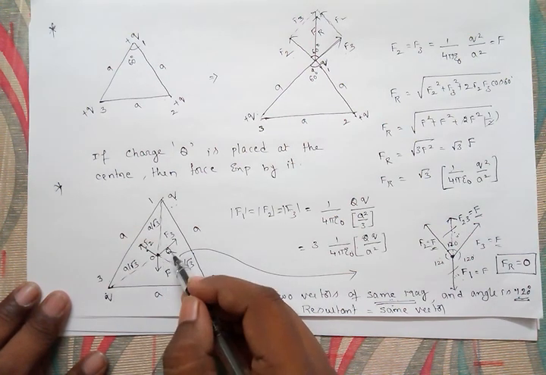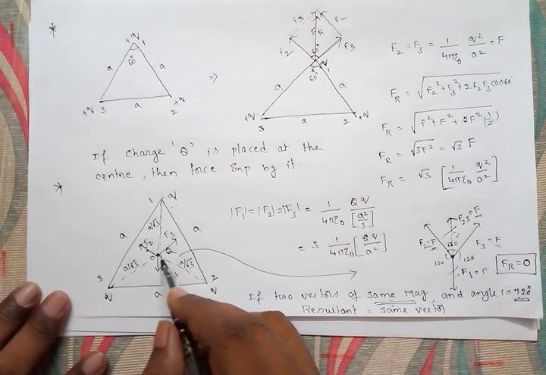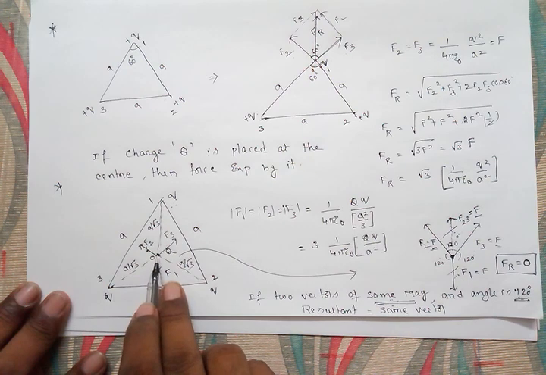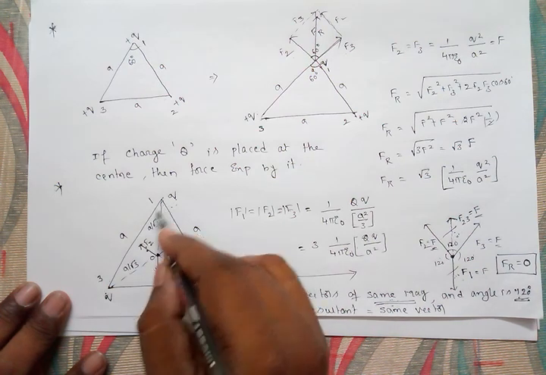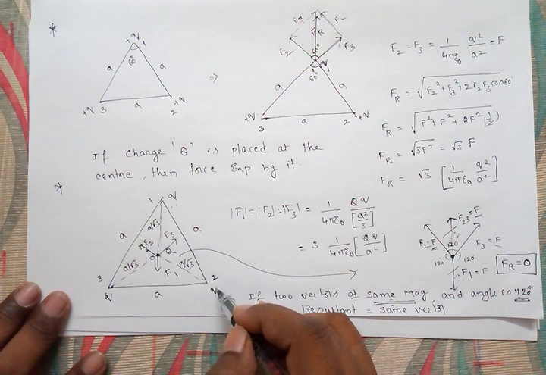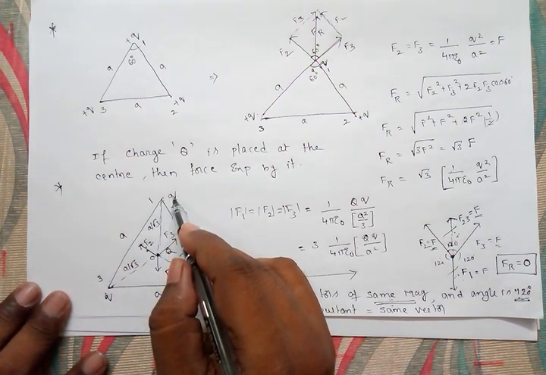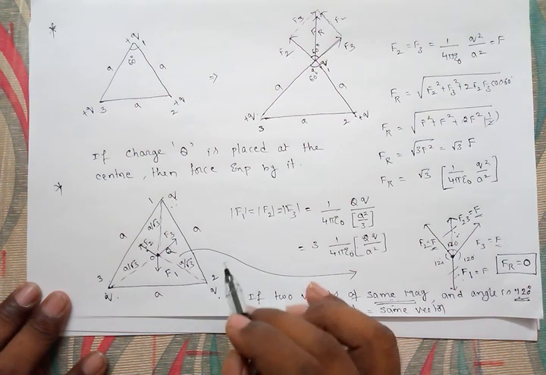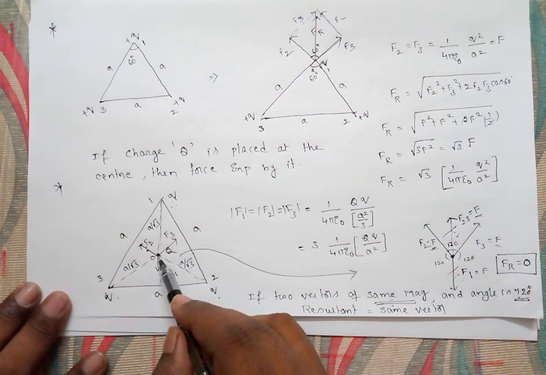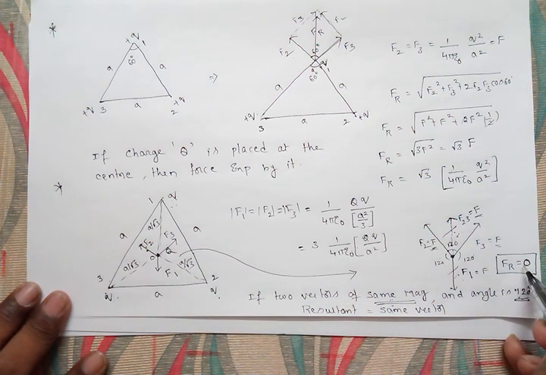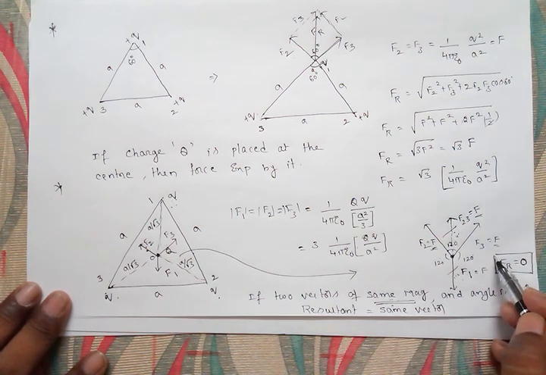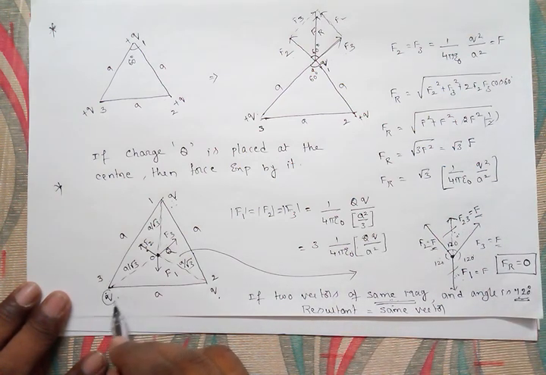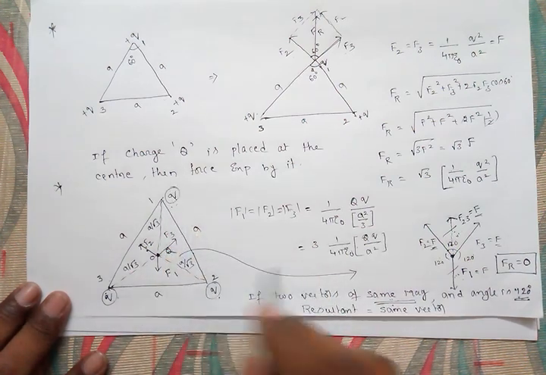Whatever charge you place at the centroid, whether plus q or minus q, plus 4q or 3q, the charge located at the centroid does not experience any force due to the charges located at the vertices. Remember, if equal charges are present at the corners of a triangle, then whatever different charge you locate at the centroid does not experience a force, because the net force is 0. Directly you can say the net force acting is 0, provided all these charges are the same, or else it will be different.